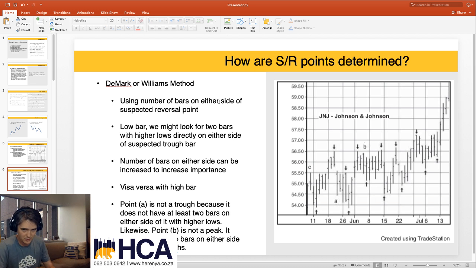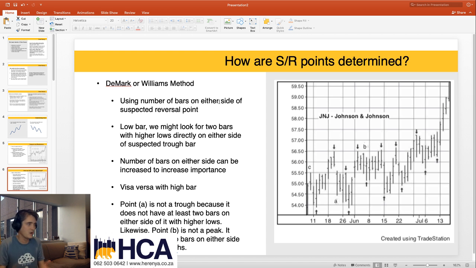All right. Identifying these support and resistance levels or individual points, we started with the DeMark or Williams method, as it's called. It is using the number of bars on either side. These are bar charts. It's using the number of bars on either side of your suspected resistance or suspected support bar, the high bar and low bar. So the high bar would be your suspected resistance level, your low bar would be your suspected support level, and what you do is you look for the candles on either end of those, just before and just after, and you're basically looking for these